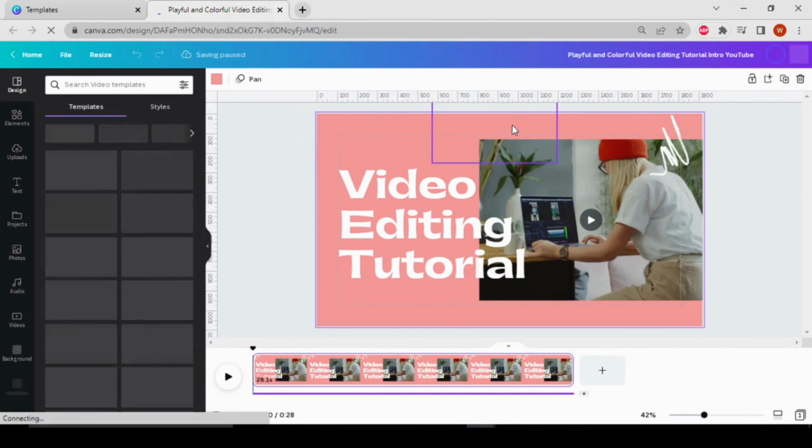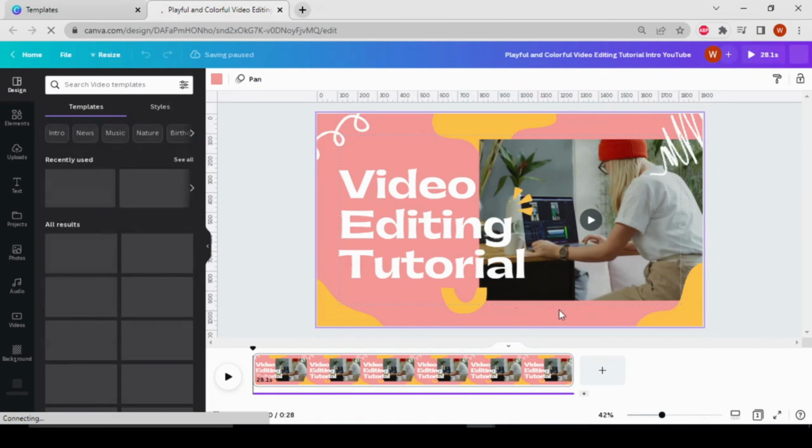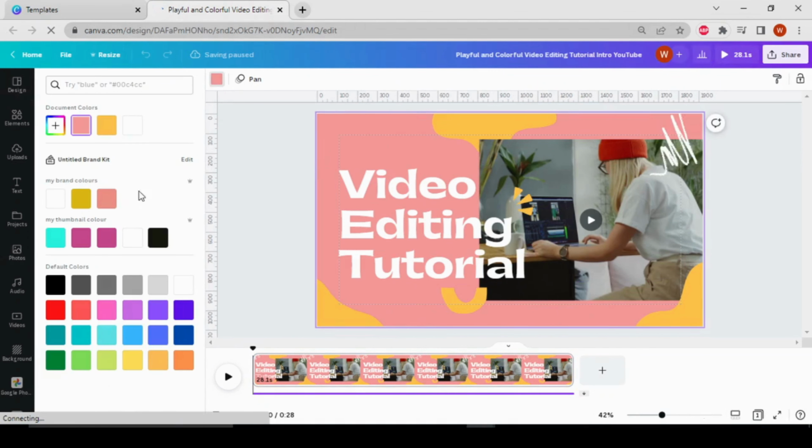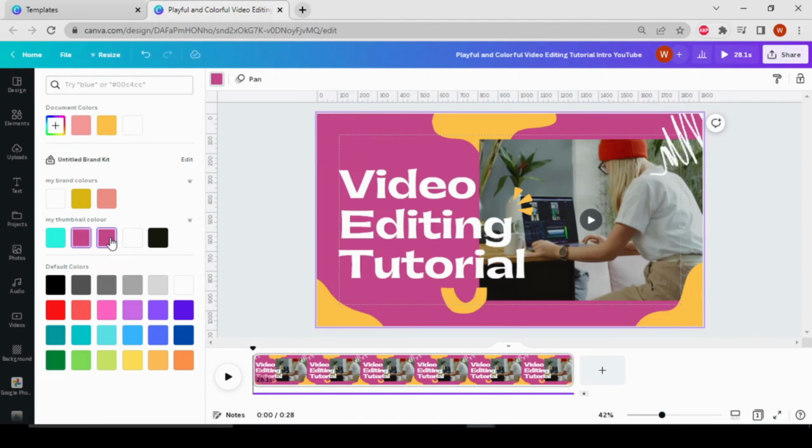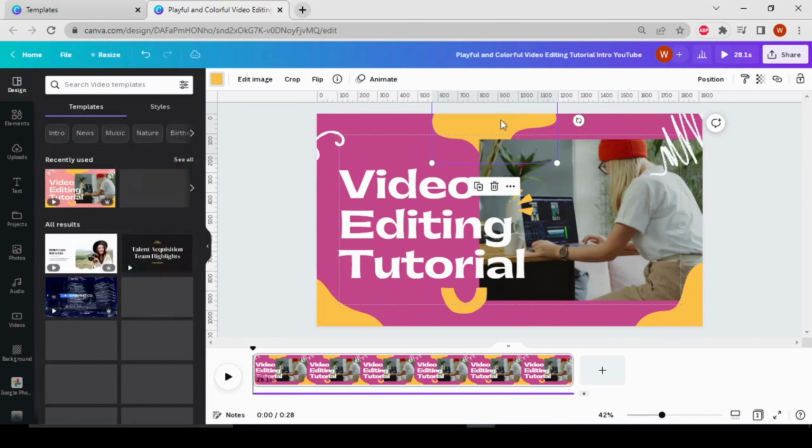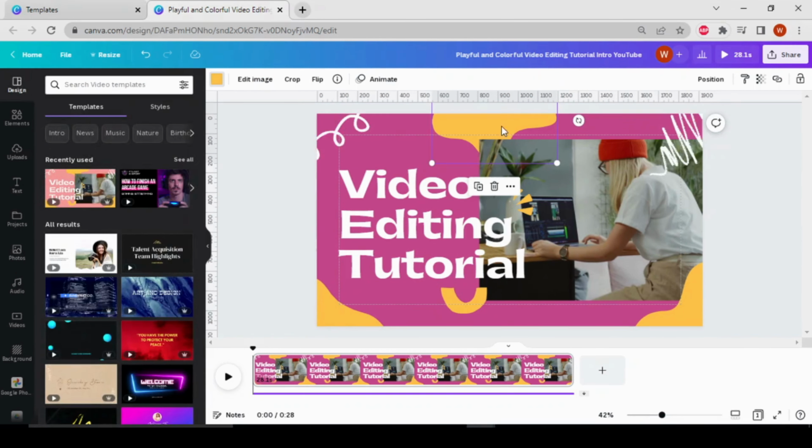Now first of all I am going to change the background color. For this, go to the color palette and then choose your background color. I select this one. You can also change the color of this design if you want to change,